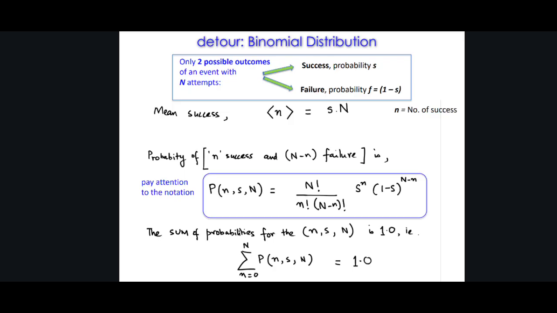So we have looked at the binomial distribution. I don't want you to get to the depth of it. Some people have asked for the full derivation of binomial going to Gaussian. I'm happy to share those rigorous derivations if you wish. I just want you to take care of the notation. The only thing that I require from you at this stage is to understand what N is, what S